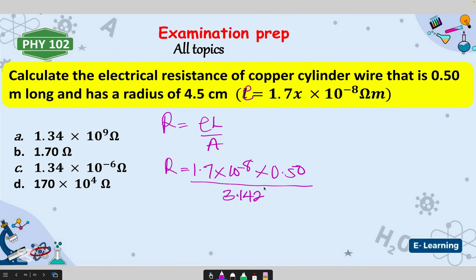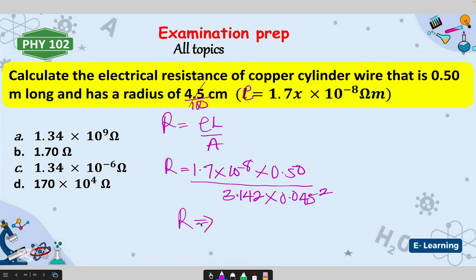So this is 3.142 times radius, converted to meters, 0.045 square. So our R will be equal to, now punch all this in your calculator. You are going to get your answer. 1.7 times 10 to the power of minus 8